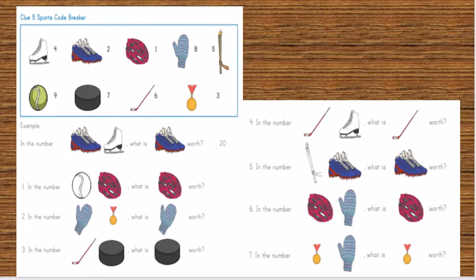Okay, clue number 5 is a sports code breaker. If you look, the white skate is 4, the pair of shoes is 2, the helmet is 1, the glove is 8, the torch is 5, the ball is 9, the hockey puck is 7, the hockey stick is 6, and the medal is 3. Now, if you will look at the example, in the number shoes, skate, what is shoes worth? So if you look at the shoes,